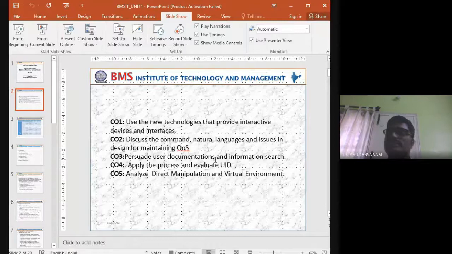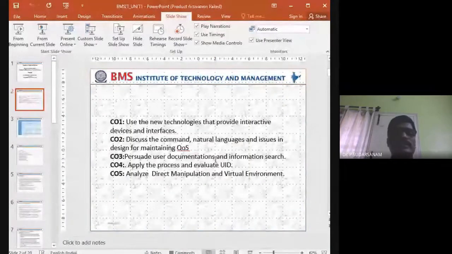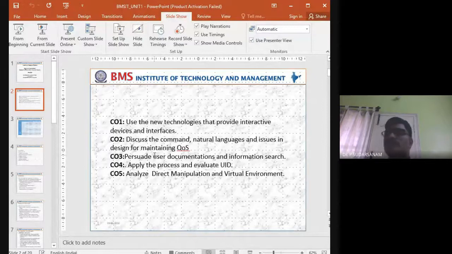So when you do an information search, for example, when I want to buy a mobile, or a shirt or pant, whatever it may be, when I'm searching for that, the documentation, not only that, you will be getting other items also. You might have seen better than me, many people are doing online purchasing of all these things. So you'll come to know all these things. So here is the persuaded user documentation and information search. Here it is nothing but what they will make us buy. So that is the third one.